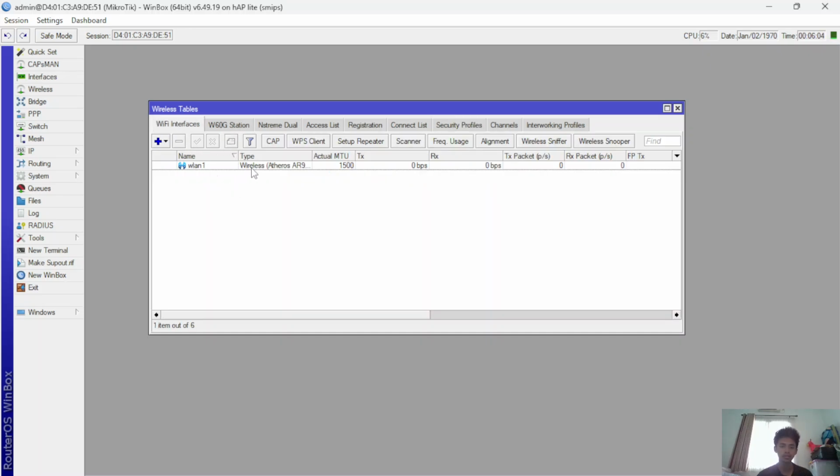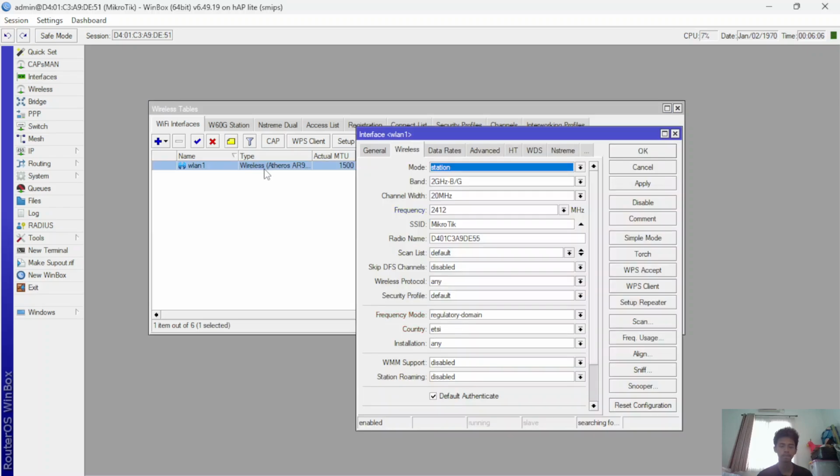You double click this. Change the security profile to the one you created.